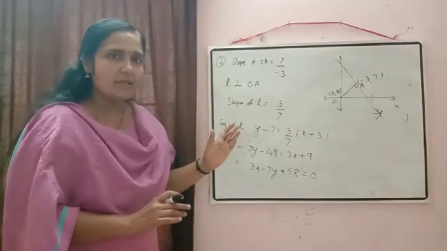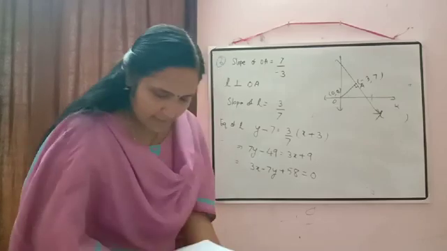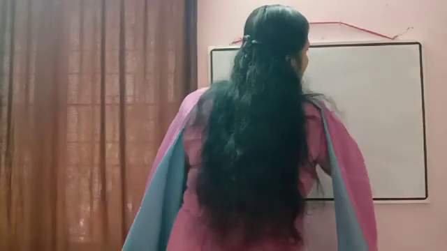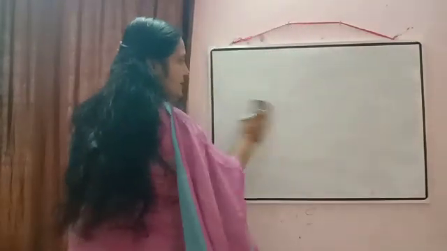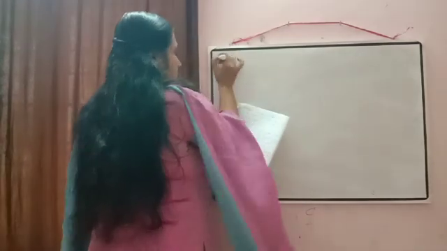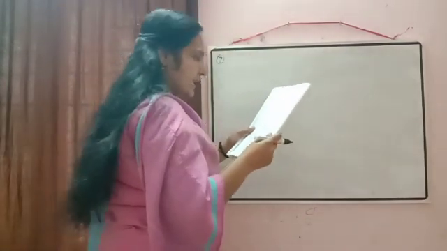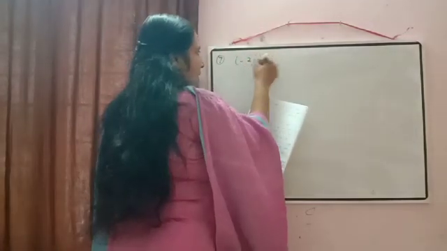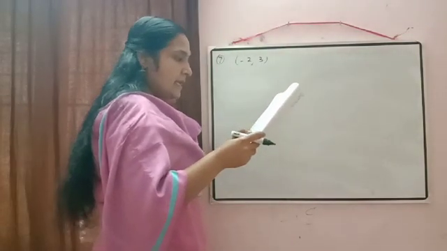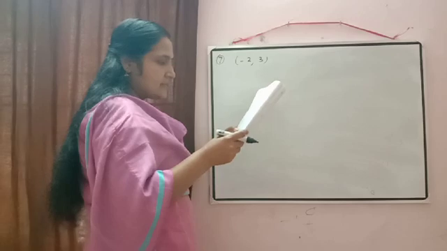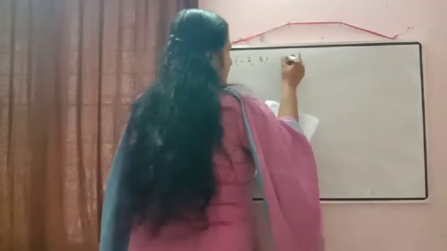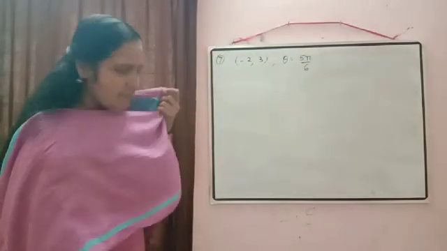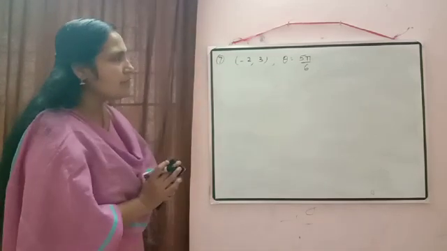So I hope now you are getting all the concept. Okay, now the next question: whenever you read a question, read it very carefully and draw the diagram if possible, then it will be easy for you to understand the concept also. Next question is written: find the equation of the line which passes through the point minus 2 comma 3 and making an angle of 5 pi by 6 with the positive x-axis. So here theta is given as 5 pi by 6. Now using these two pieces of information, we will check how to calculate the equation of the line.